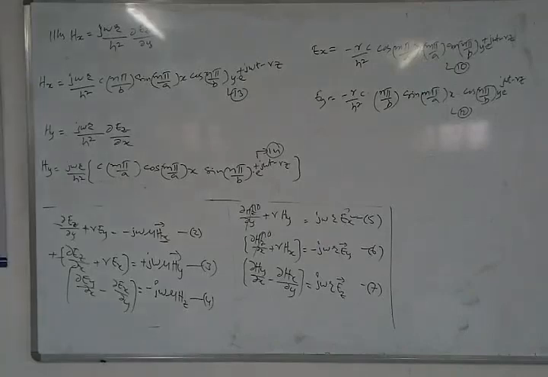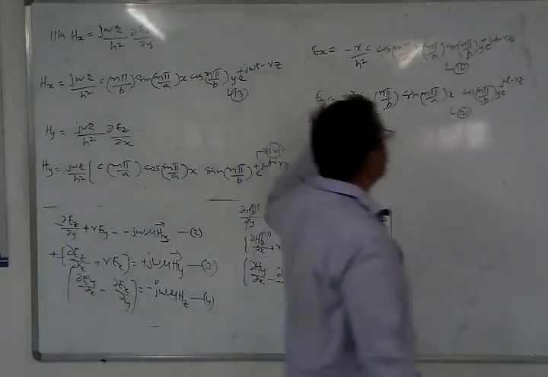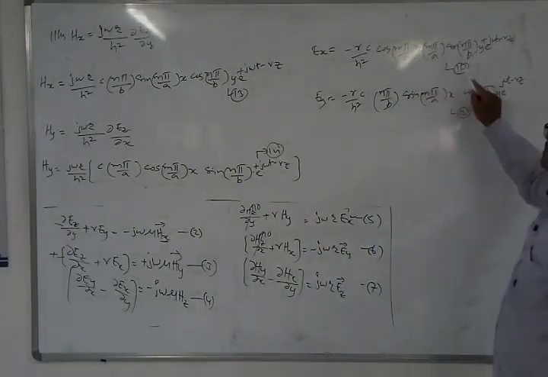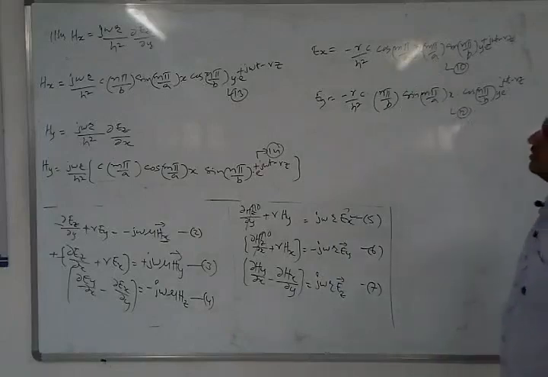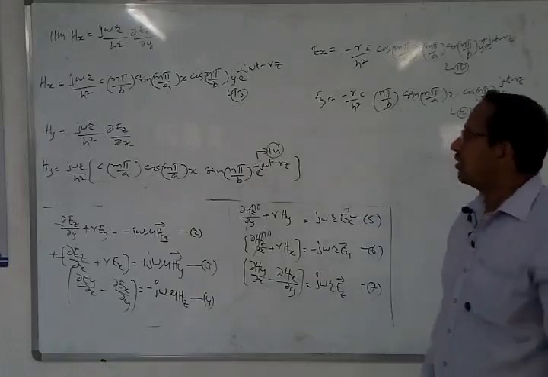Now we will be concluding about all the expressions. We have got the expressions Ex, Ey, Hx and Hy, right? The Ex equation is say 10, Ey is say 12, Hx is 13 and Hy is normally equal to 14. So we got all these equations.